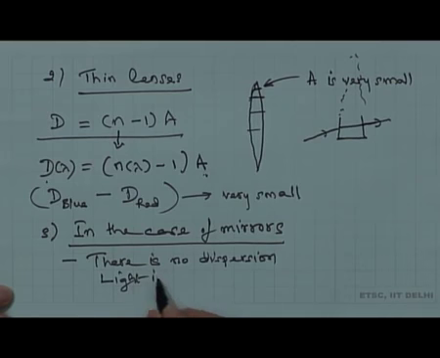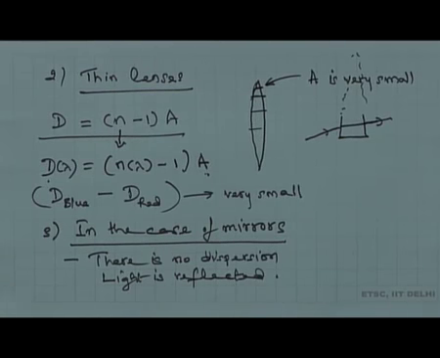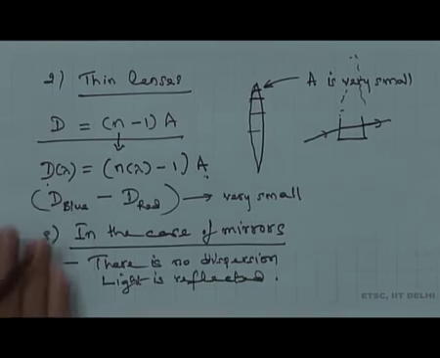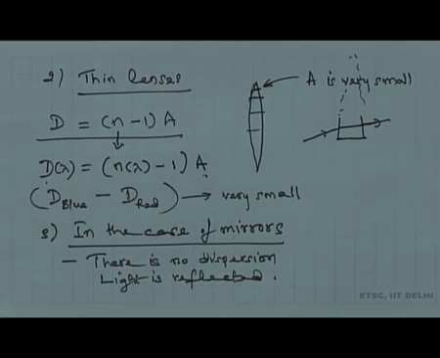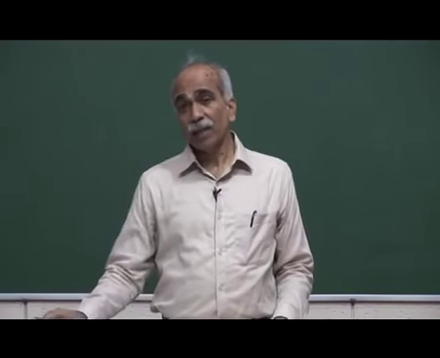Light is reflected. We assume that it does not enter the mirror, and therefore, dispersion does not affect these two cases, but indeed dispersion is an important issue in the case of a prism. Finally, as I mentioned,